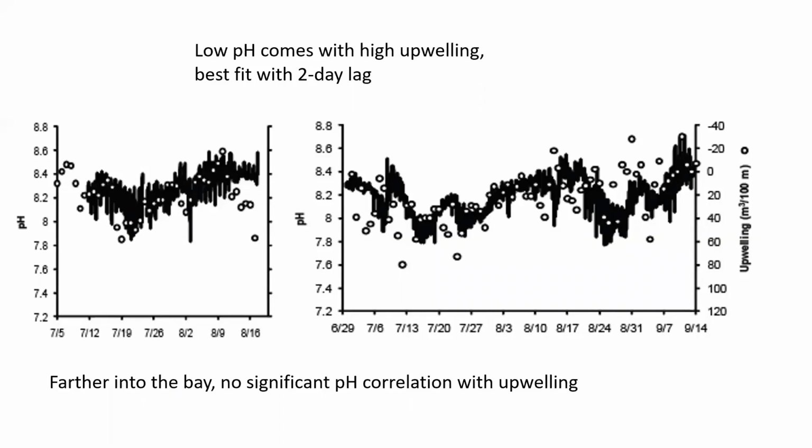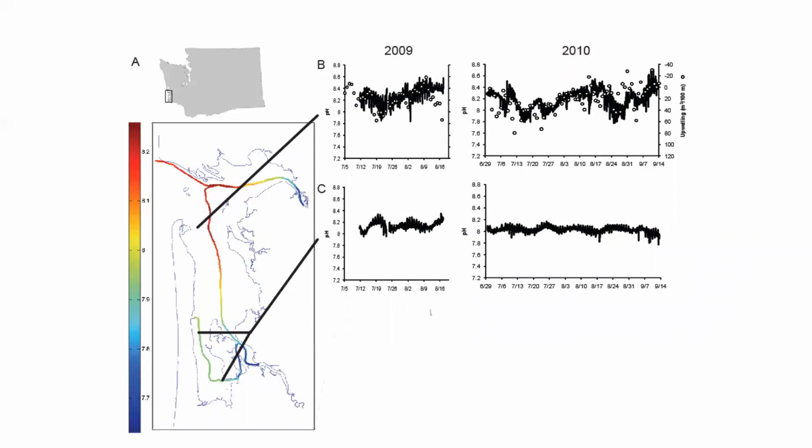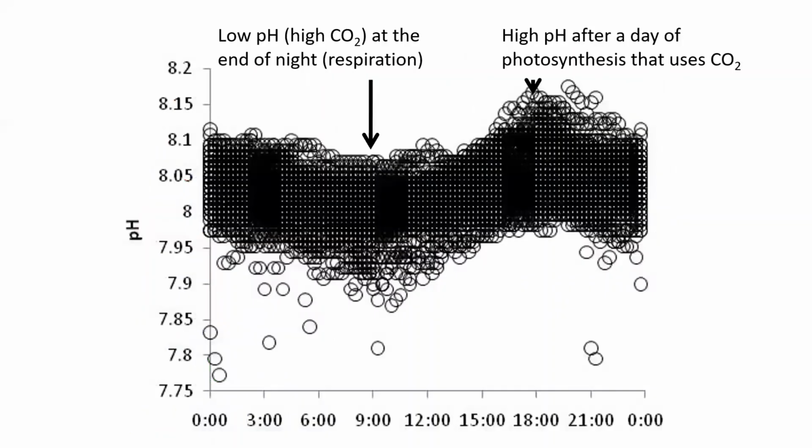Farther into the bay, that correlation completely disappeared. In the middle of the bay, we actually got relatively stable pH readings as we were recording through the summers. And when we actually looked at that as a function of time of day, we saw a really strong biological signal. During the night, from midnight until 9 a.m. or so, was dark. Everything in the water was respiring and releasing carbon dioxide, and that reduced the pH in